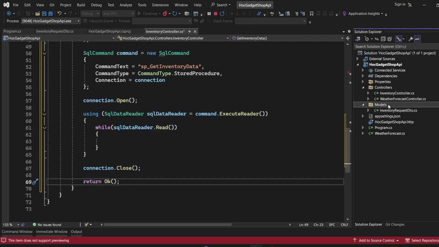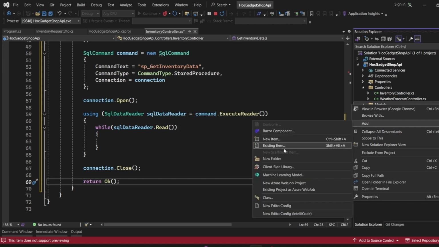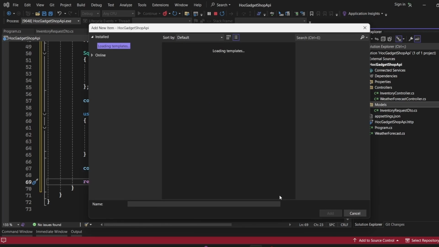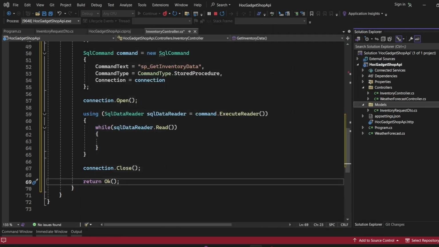So let me create another model, because to avoid any confusion in the name I am creating another model, even though the same properties would be there in the new model as well that were there in inventory request DTO. So the name can be inventory DTO. I'm saving it.